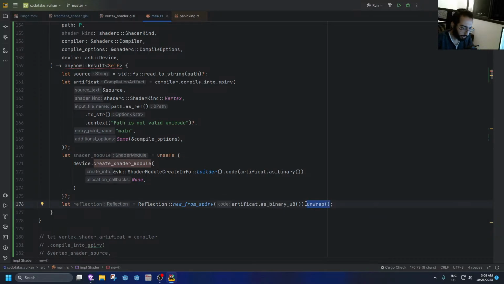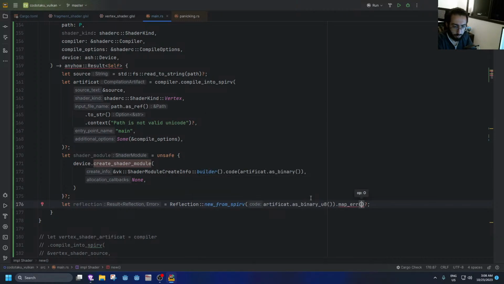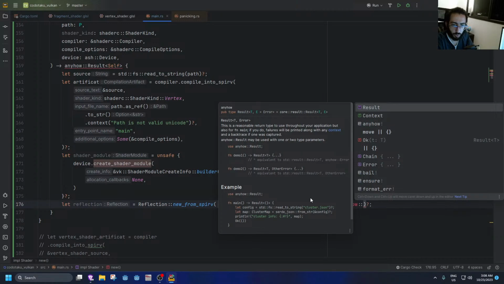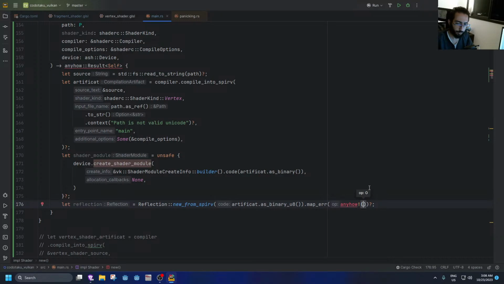unwrap. Instead of unwrap, can we just say this? No, we cannot. What about context maybe? No. Okay, what about map error? Map error. Well, in fact, let's say anyhow. I guess error maybe. Actually, yeah, it's a macro. So let's import that macro. Import it, and